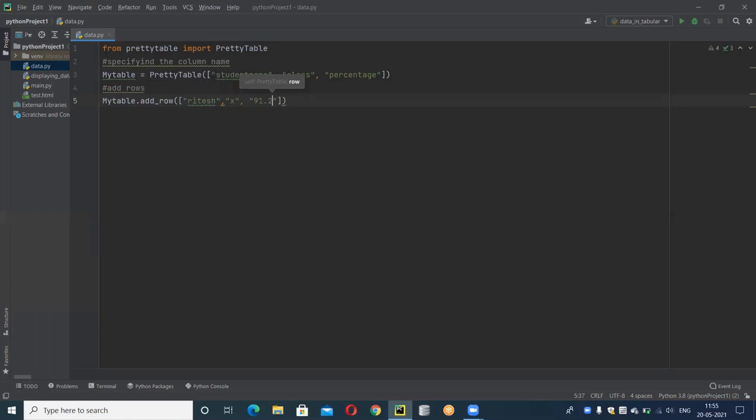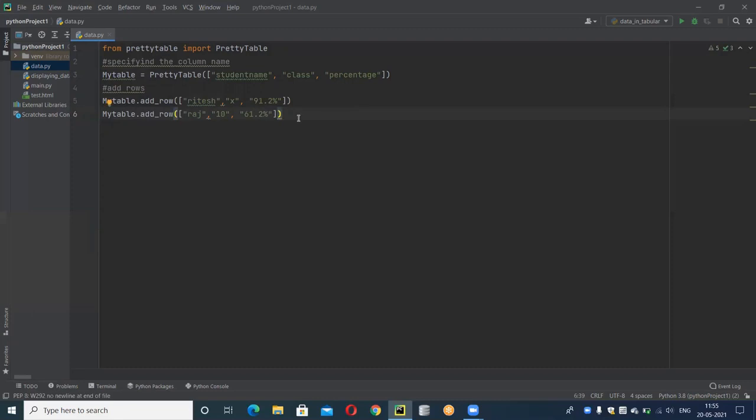It's not real. But again, I'm adding another row. Just for time being, I'm copying and pasting. Naming it as Raj. Let it be in 10th. I mean, using numerical here. Let him just pass.